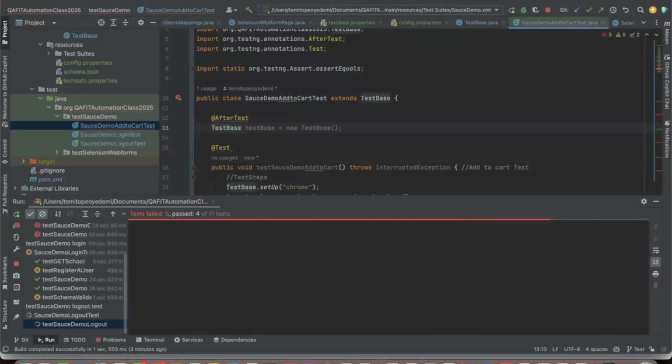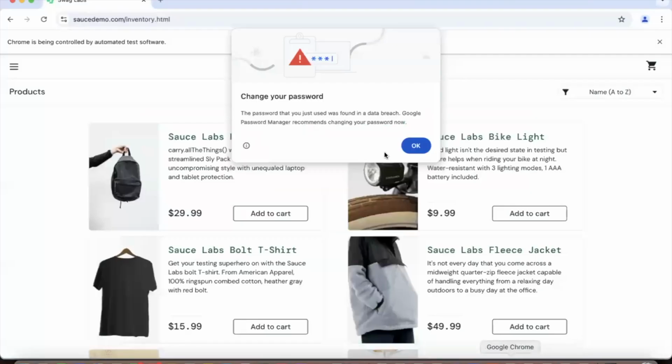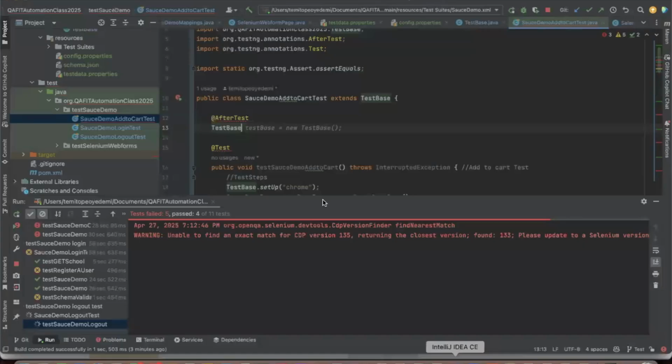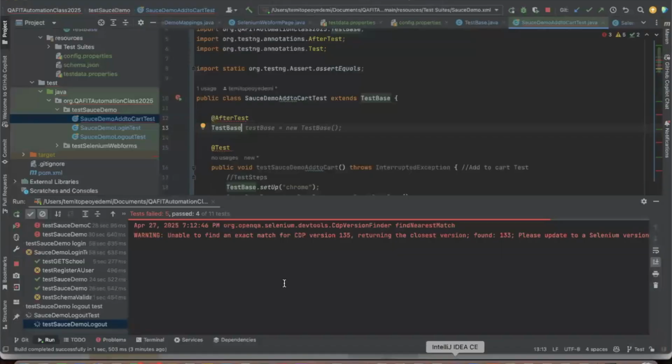Okay, there is a pop-up that is blocking this thing on Chrome. Maybe that's why it is failing. Should we put Firefox there? I just noticed that everything always has a pop-up and it cannot proceed. Look at it. This is my browser pop-up that we encountered the last time. So I will do something, because we can't just conclude that it is the test that is failing. So let's just put our browser